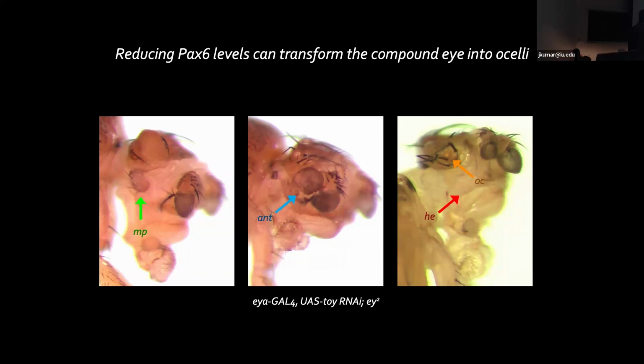They get transformed into 2 antennas. Here's the normal antenna on that side of the head. You can actually get just head epidermis, and hopefully, if you can see carefully in orange, there's a nice ocellus forming in its place. The normal 3 ocelli, here's one, and the other 2 are out of focus, but here's one that's developing instead of where the compound eye is. So we can toggle back and forth between these 2 systems and actually get this reverse set of transformations.